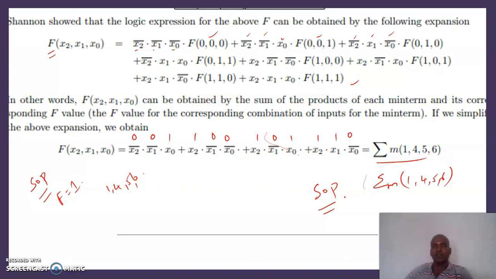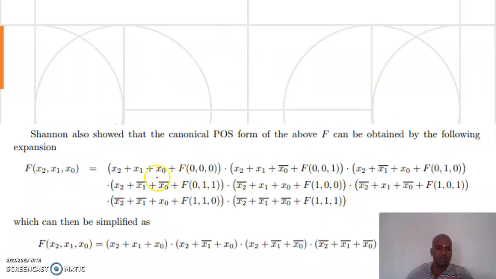For the POS expression, the output f has 0 in some of the places. Those combinations are called max terms. I'm again going to write this. First I'm going to write all the expressions in max term format. See, first combination 0, 0, 0. In a max term combination, 0 means it is normal, that is unbar, and 1 means bar. So x2, x1, x0. There is no bar here because all values are zeros, but plus symbols will be in between. It indicates this is a max term.